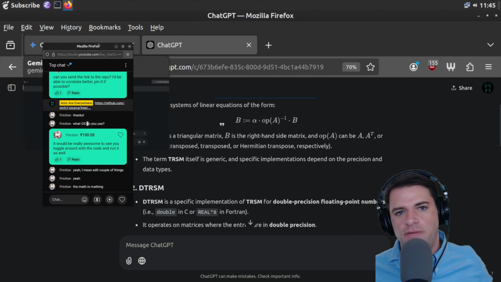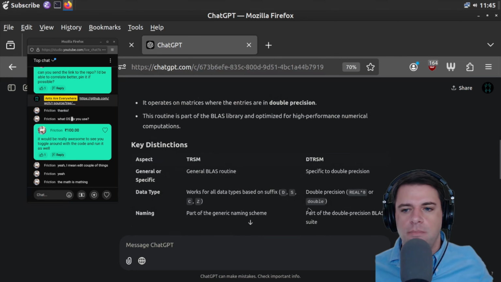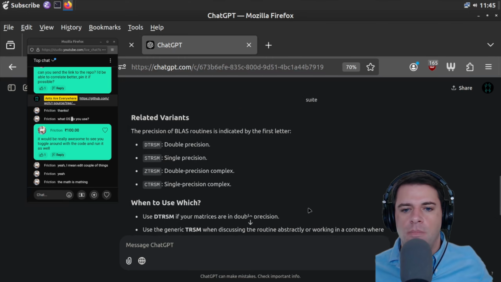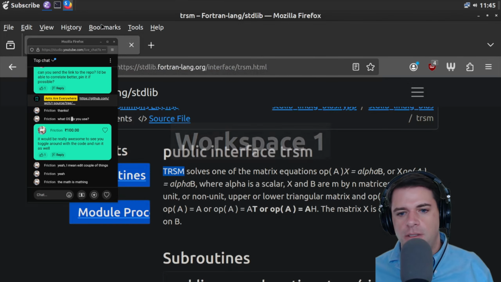That's the specific Fortran thing that they're using, I think. And DTRSM is a specific implementation for double precision. Okay, so D is double. Okay. So I'm going to ask it about